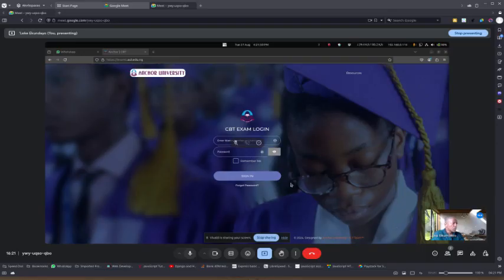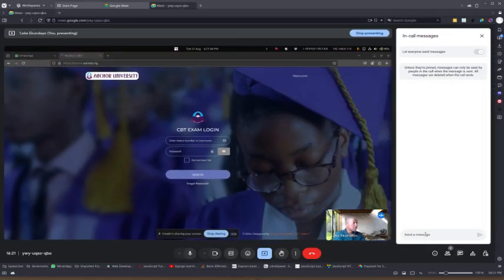Now before this one will come up, the supervisor will send the link of this page to you. When they send the link of the page to you, you copy and paste on that page. The link is actually exams.aul.edu.ng. All right, and then once I paste like that, you'll be able to see it. You just double click, then right click, and then click on copy,